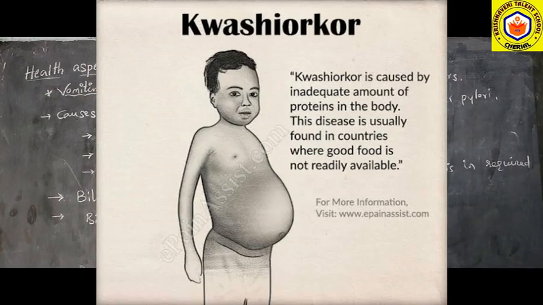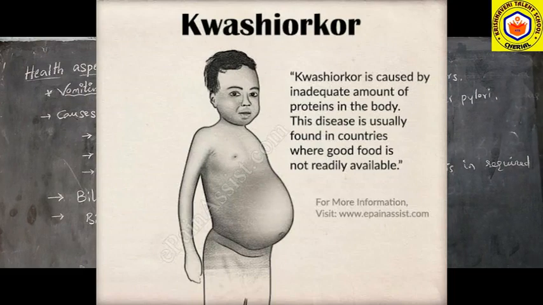Okay, so if the proteins are absent in your food, then that leads to the usage of proteins from the muscles. Our body utilizes all the proteins which are present already in the muscles. The muscle development will not be there and the water will be filled there. Yes, that leads to edema. So the body is swollen, the body becomes swollen.